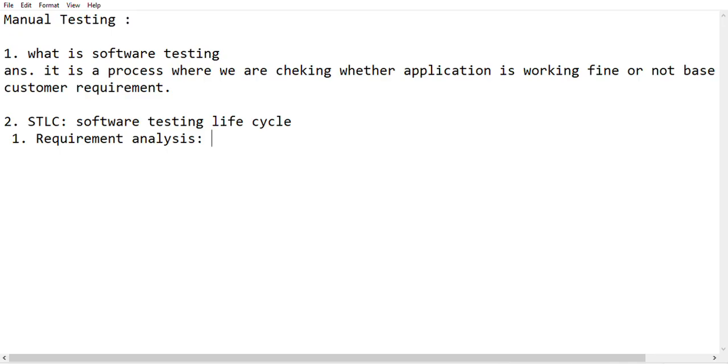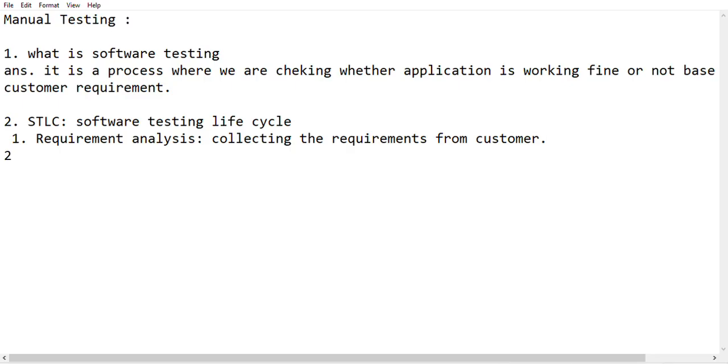So this is the stage where we are doing this kind of activity. Okay, so that is why we call this stage requirement analysis, means we are collecting and analyzing the requirements from the customer. Based on that we will proceed. Okay,